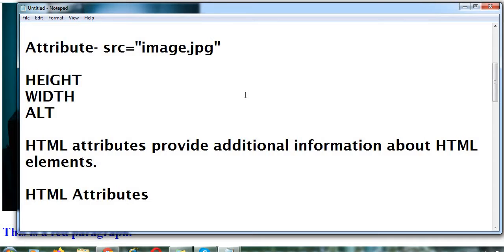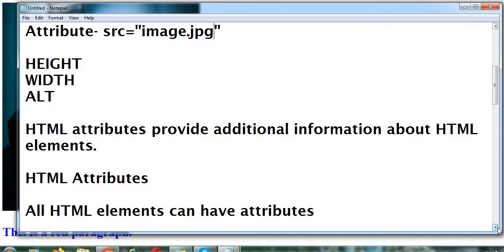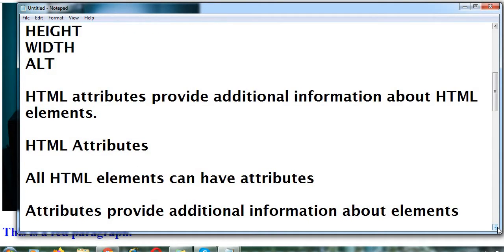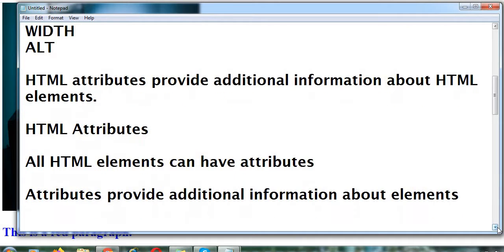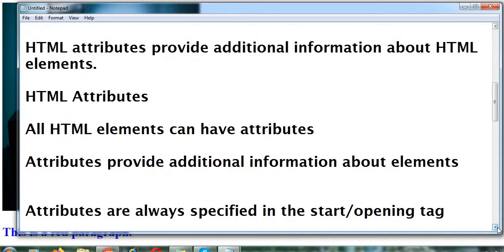First of all we need to understand what attributes are. HTML attributes provide additional information about the HTML elements, as you can see it is written here. All kinds of tags can have attributes, and attributes provide additional information about the elements.